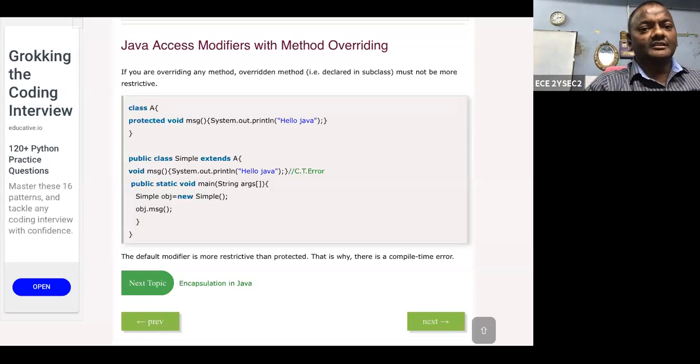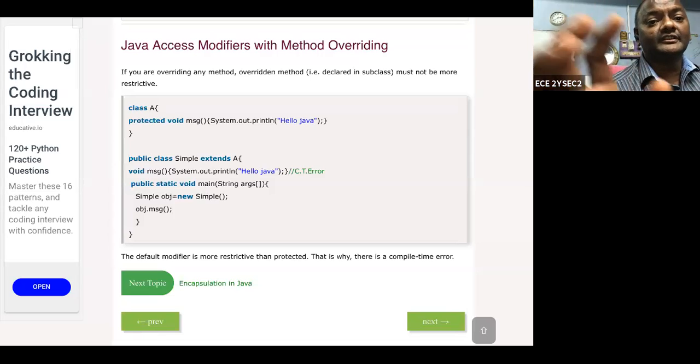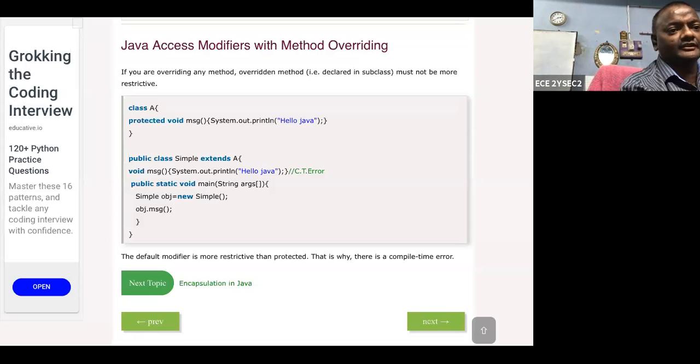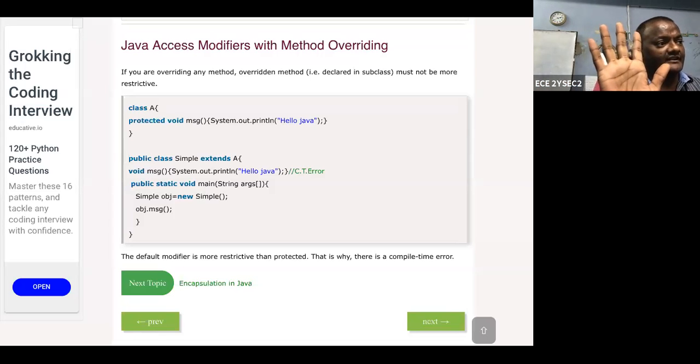I'm giving a suggestion to all of you: if you open the link and it is not accepted, then you should convert your mobile mode to desktop mode. Then it should be accepted. Now I am sending the link to all of you.